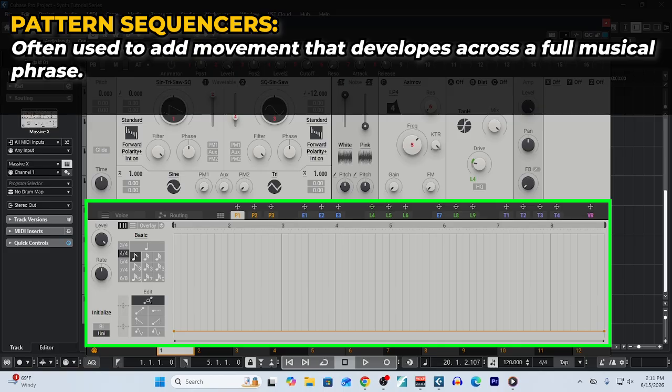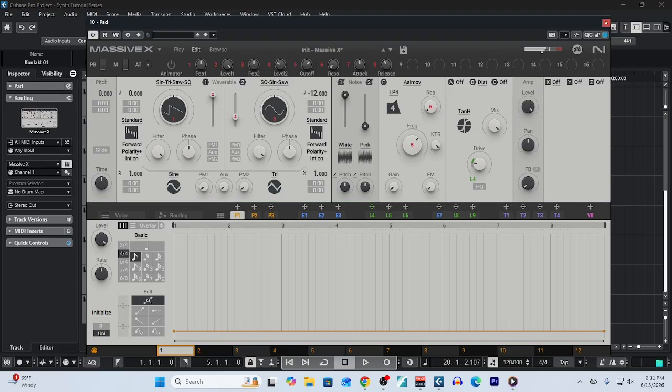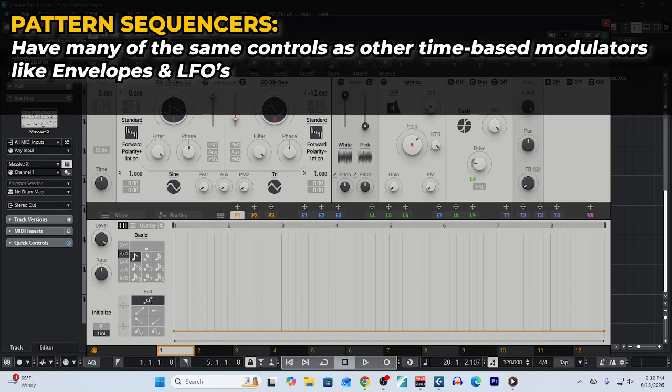But before we dive into all of that, let's first listen to the basic sound I've made here, which is a nice pulsing pad/bass sound. Cool, right? Now, as you would expect, pattern sequencers have many parameters or controls in common with other time-based modulators